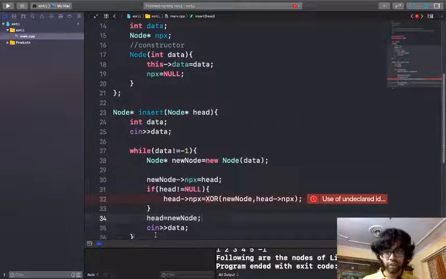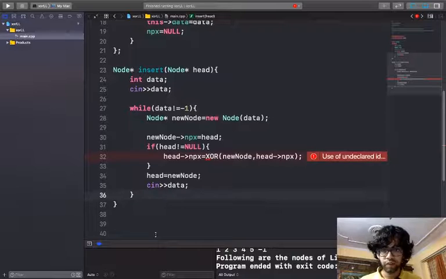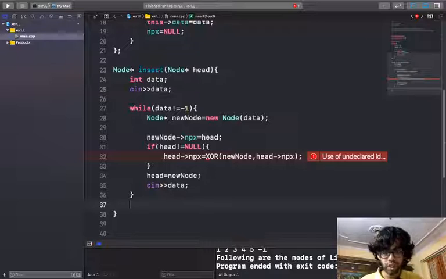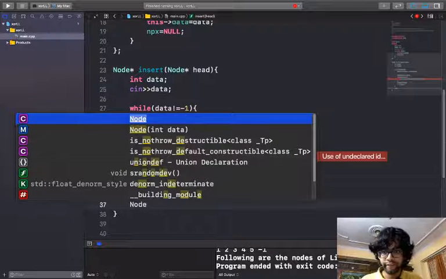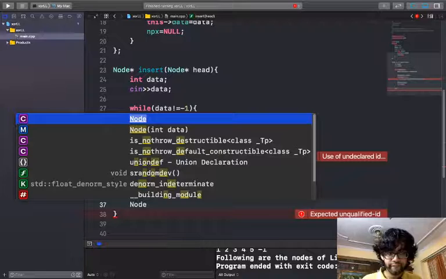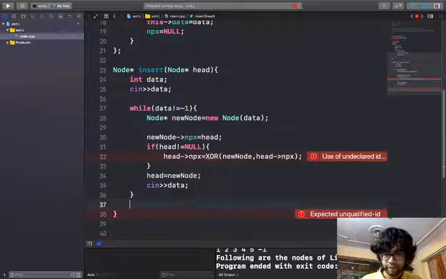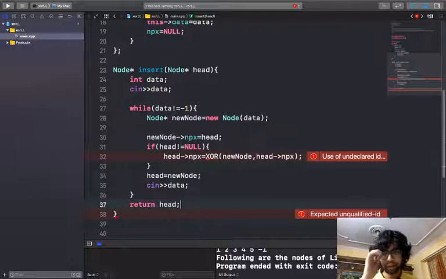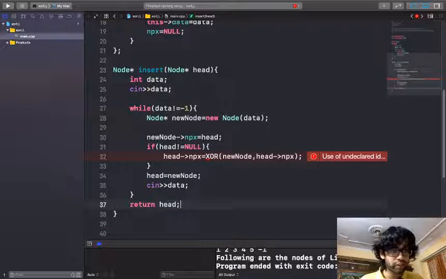Okay, so I think that this while loop will work fine, and in the end I will just simply return my head. So now we are done with our insert function.